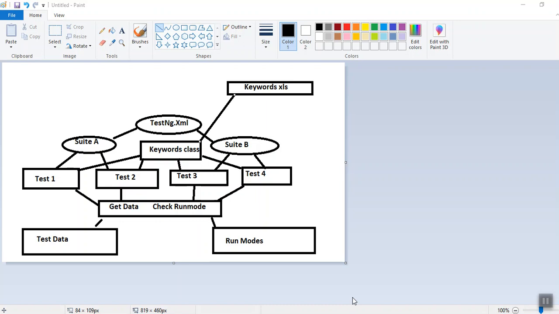You remember that in the data driven framework, WebDriver code is written for every test. We have separate WebDriver classes, we write util functions, we write WebDriver code in test 1, test 2, test 3, test 4, and we also create some base class. But here the WebDriver code will be written in the keyword class. We execute the cases with testng.xml. Only here we use Ant and Maven, and we also generate reports at the end.